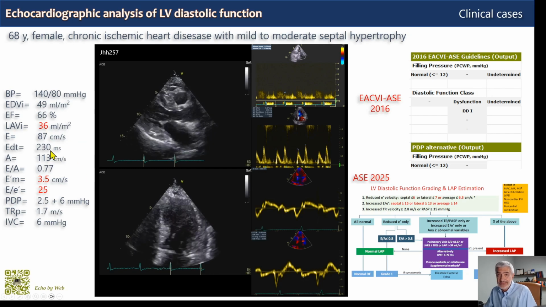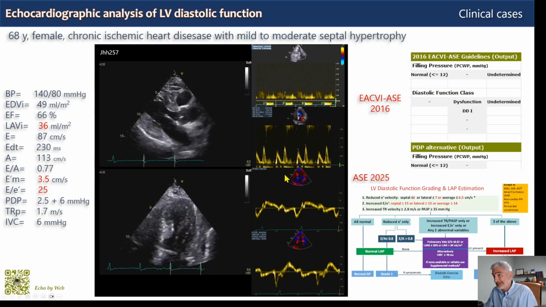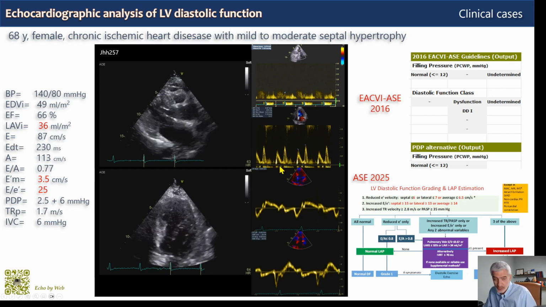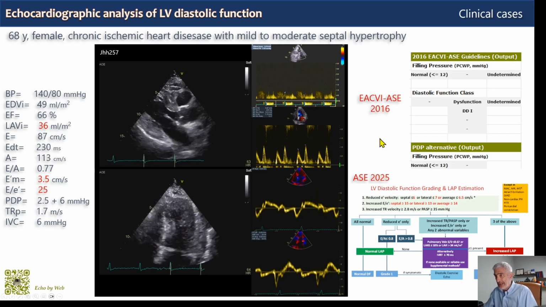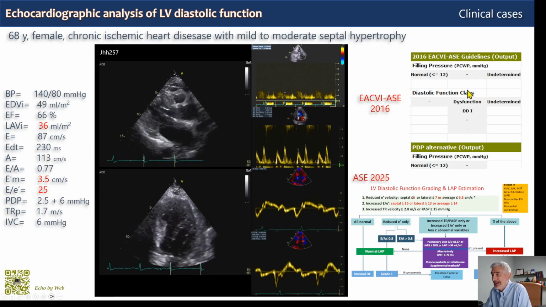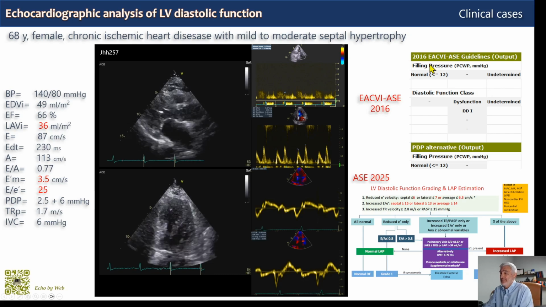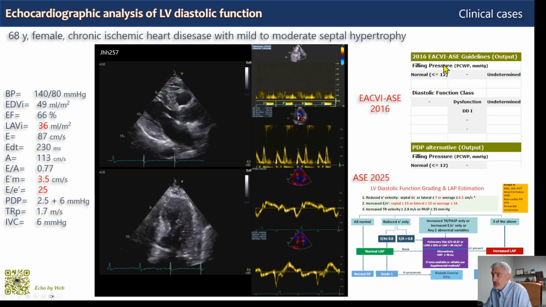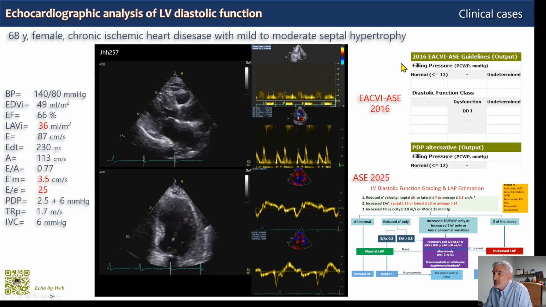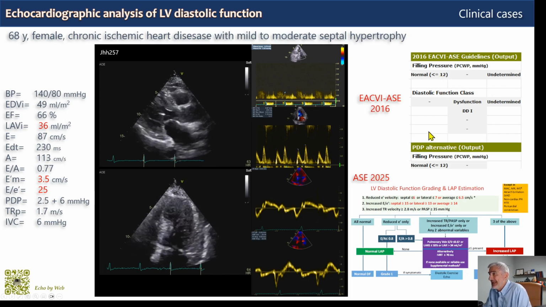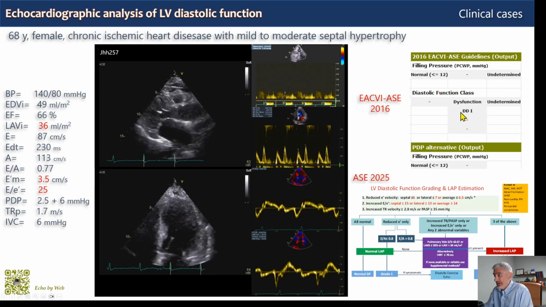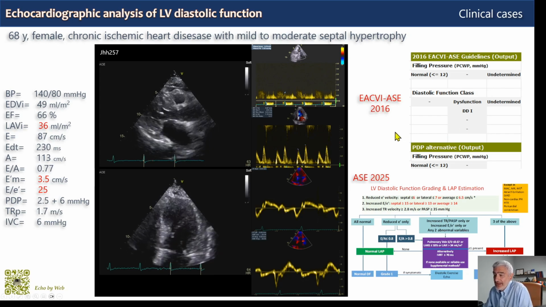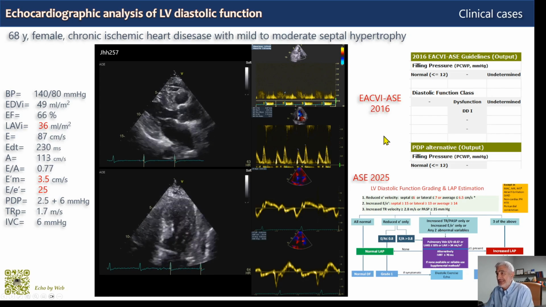And this is consistent with the transmitral flow profile here, which is consistent with normal filling pressures, not with high filling pressures, because of the parameters. Now, if we go to the 2016 algorithm of the American European recommendations, you will see that it will give you as an output normal filling pressures less than 15 and a diastolic function class of 1, impaired relaxation. If we look at the alternative algorithm that I have suggested in the previous videos, it gives you